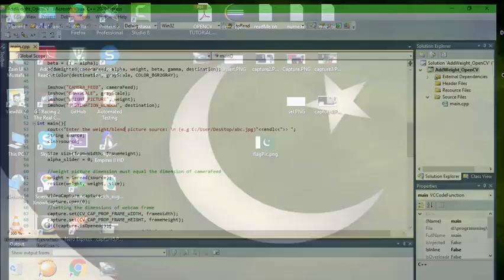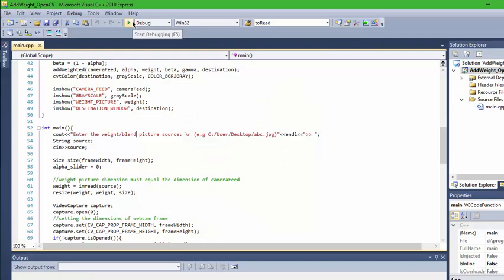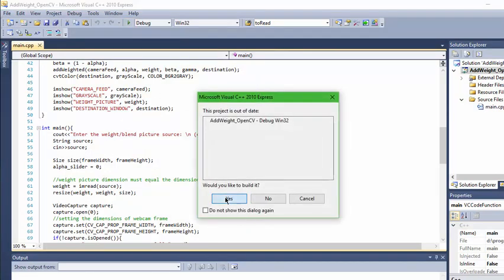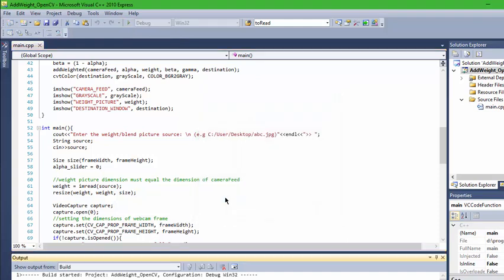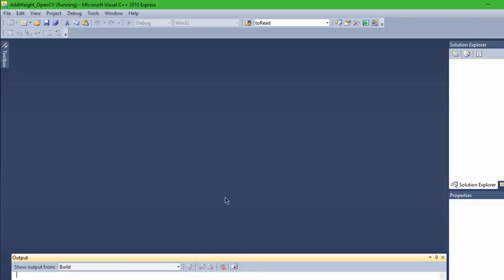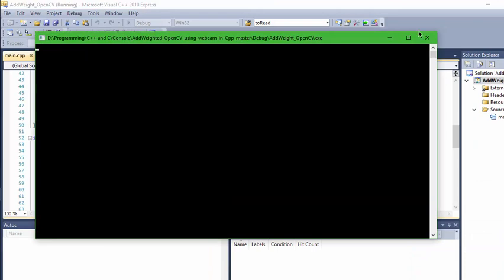Now as soon as I run this project, you're going to see a black console screen. Okay, yeah, I'm going to build this thing. Okay, it is doing its job, but it's wasting a lot of time in building up the software. Okay, wait a second, what has it done? Oh yeah.